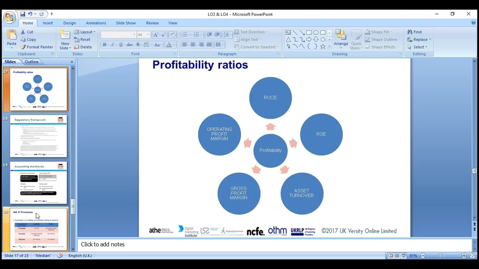Okay, next we're looking at interpretation, also known as ratio analysis: how we can interpret information, and in terms of the users, we discuss that in another unit as well. Ratios are a comparison of two numbers, where we can calculate what happened last year and this year. So return on capital employed, ROCE, and return on equity, ROE. We can look at asset turnover: how much per pound of assets generates our revenue.